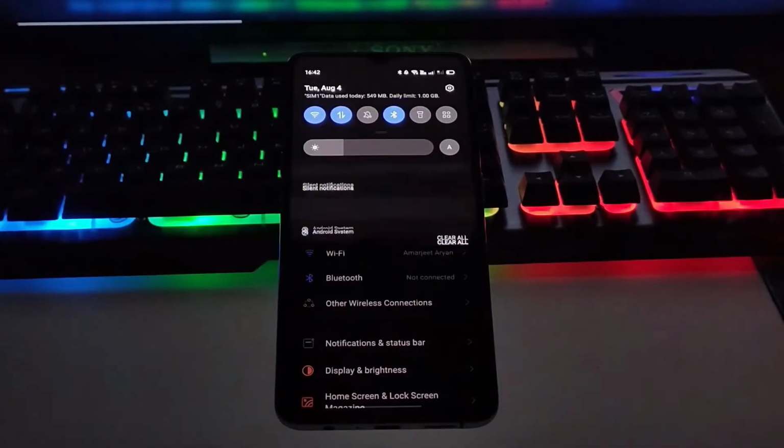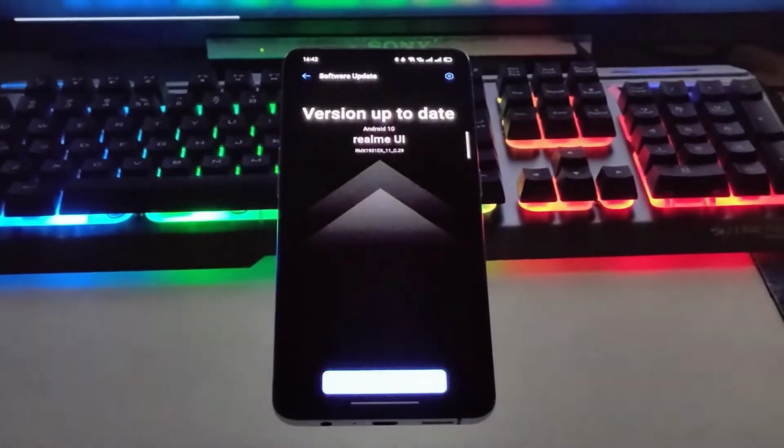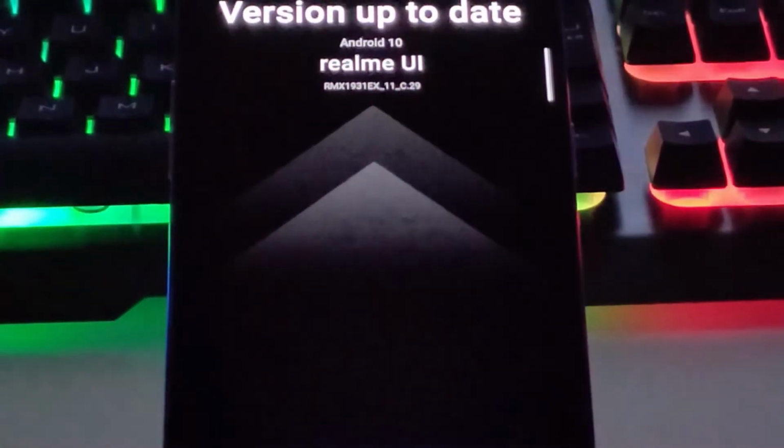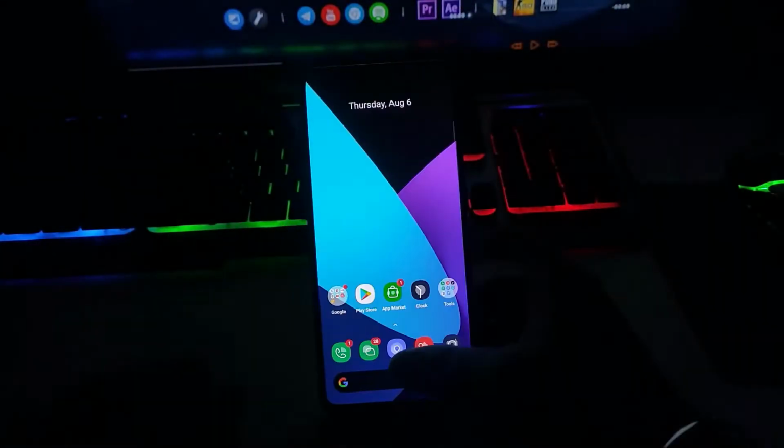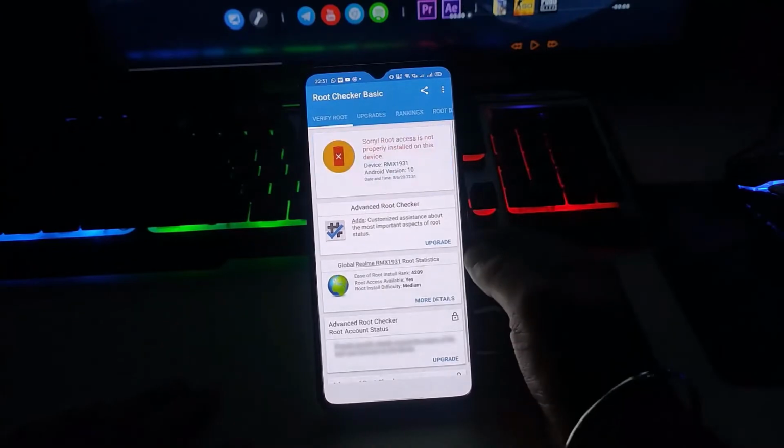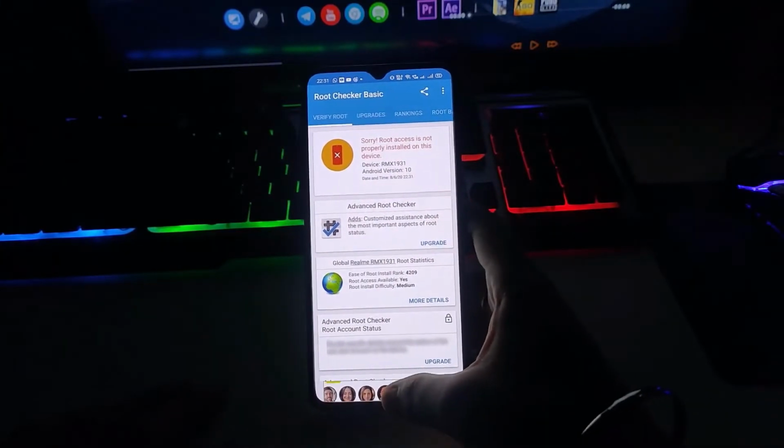Now if we go to the settings, you can see our device is updated to the latest version. But if we check our root, you can see the root is now gone.